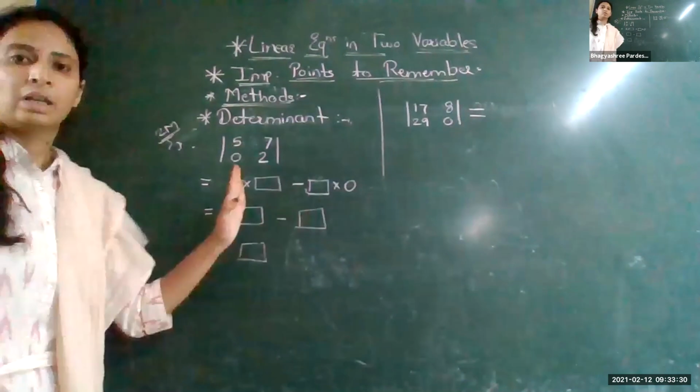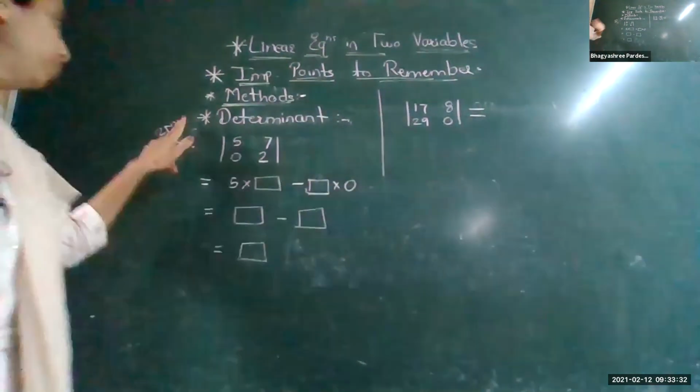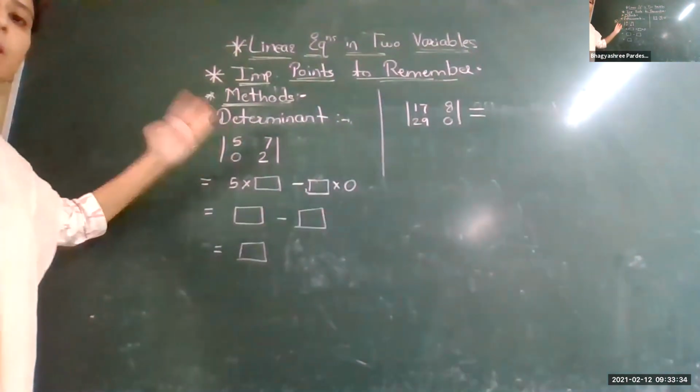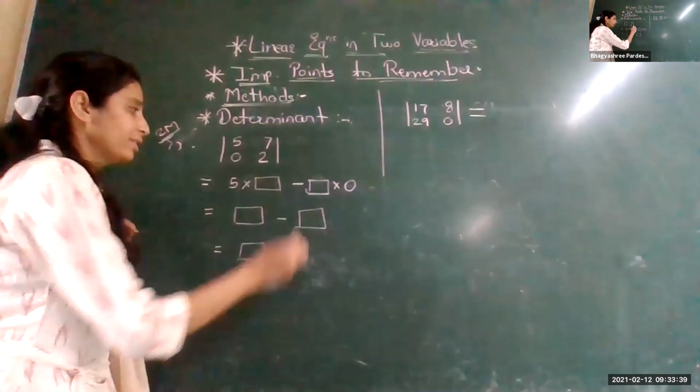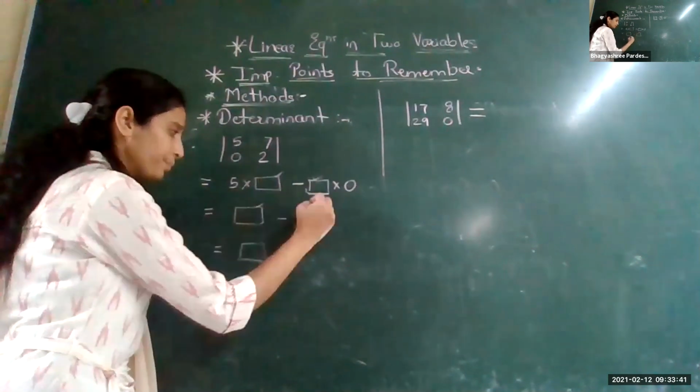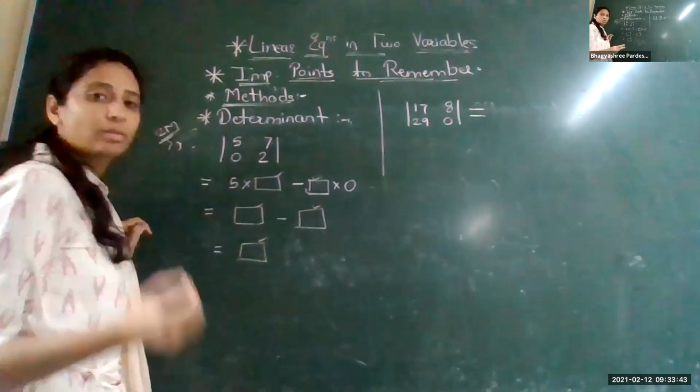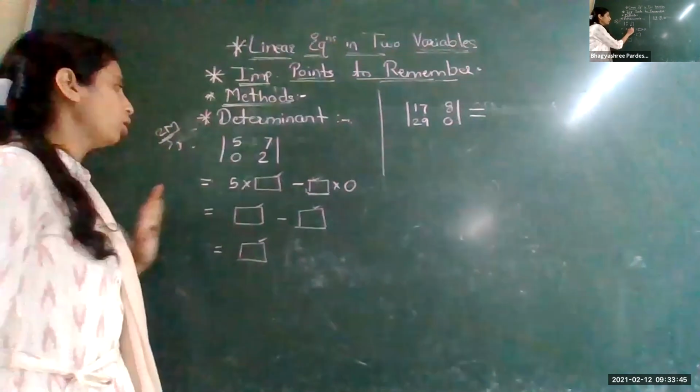Look, this question is asked for simply 2 marks. It is a very easy question. Actually, this is a question of 1 mark only. But since we are given 4 blank spaces, this question is converted to 2 marks. So what to do here? Simply solve this one. What will come here?